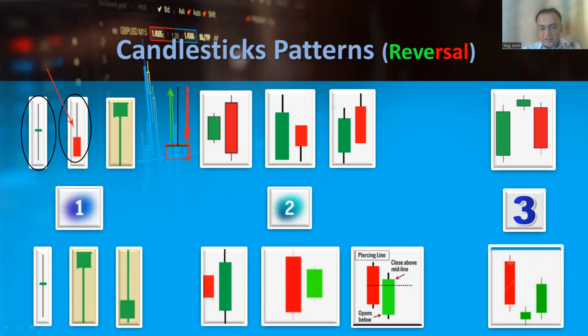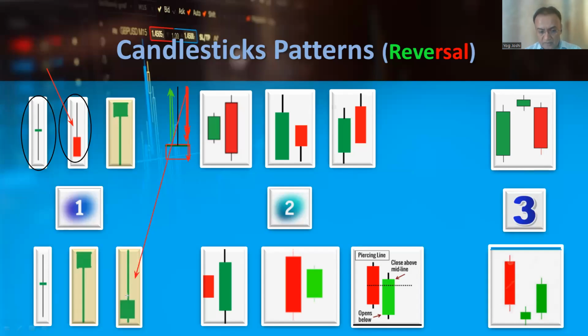So what is the crux of this particular candle? Sellers are more powerful at that area, and the final result is that bulls are not able to close the candle at this level. Sellers compress this candle and close it below the opening price. The body might be green also, or red also, but if it's red, we can say it is a very potential, powerful sign of reversal.